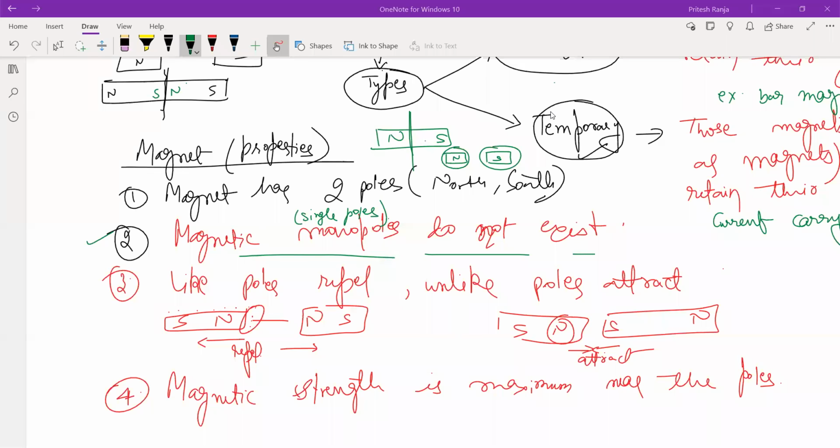Yes, there is a reason they are named north and south pole, because if you leave a magnet suspended, let's say you attach a magnet at one end of a thread and attach the thread to the ceiling, then if you leave this magnet, it will align itself in the north and south direction. That's why the name north and south pole. Why does it happen? Because the earth behaves as a magnet. Earth is a bigger magnet, you can say.